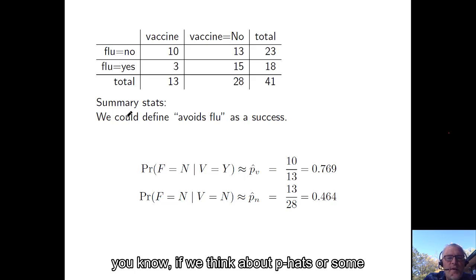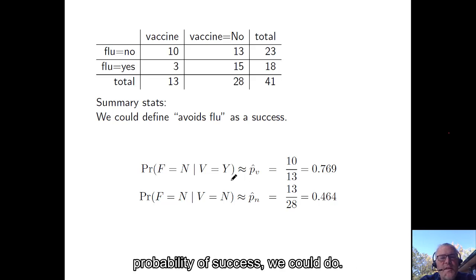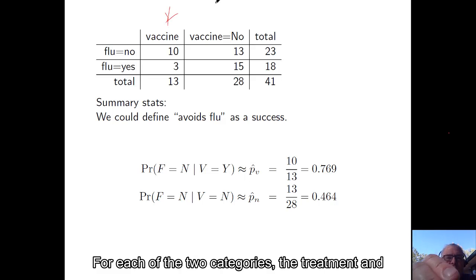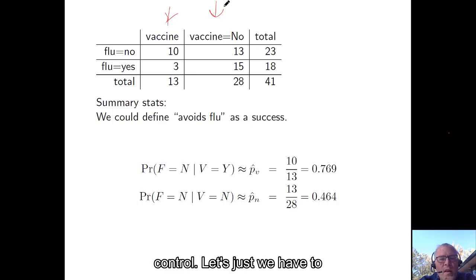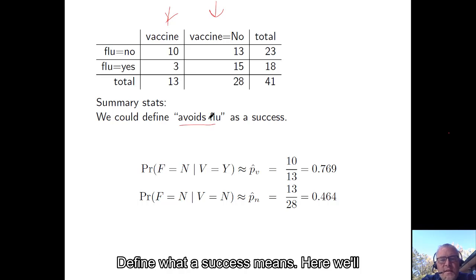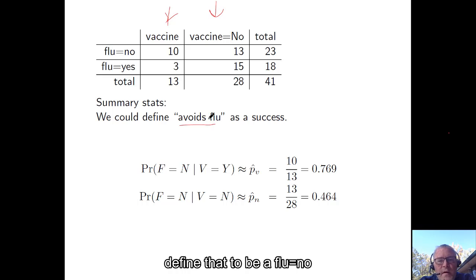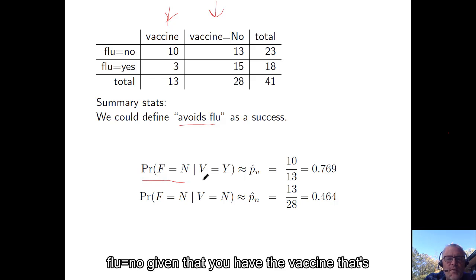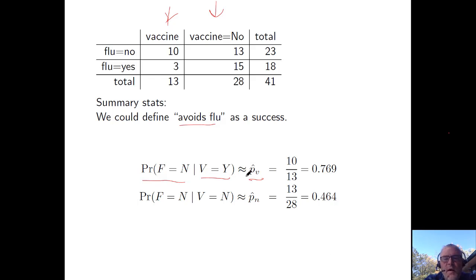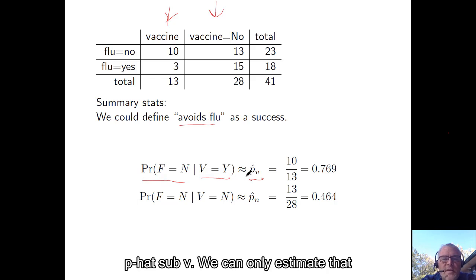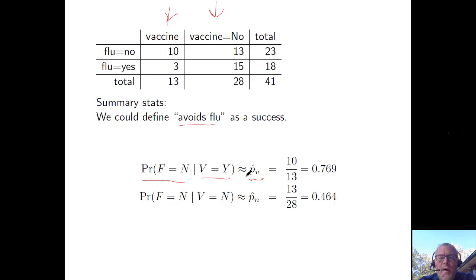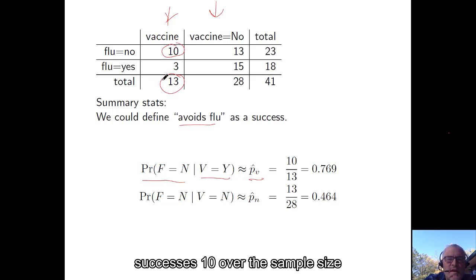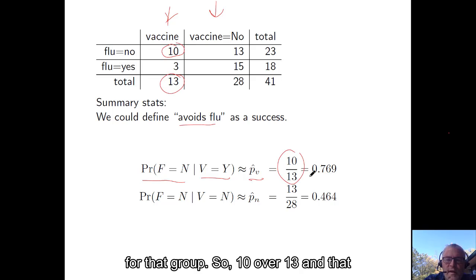So if we think about p-hats or some probability of success, we could do that for each of the two categories, the treatment and control. We have to define what success means. Here we'll define that to be a flu equals no, or avoiding the flu. So the probability of flu equals no, given that you have the vaccine, that's p-hat sub v. We can only estimate that probability, right? And that's just the number of successes, 10, over the sample size for that group, so 10 over 13, and that gives us